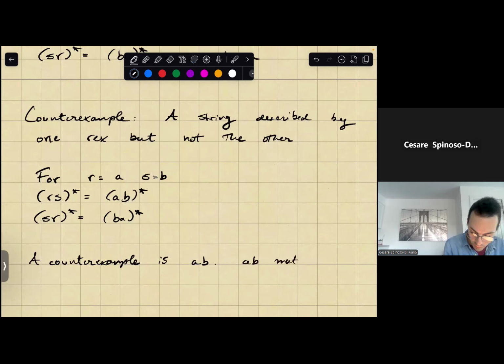matches with AB whole star. Why? Because AB is a single AB in a row, and AB star describes strings that are any number of ABs in a row. But it does not